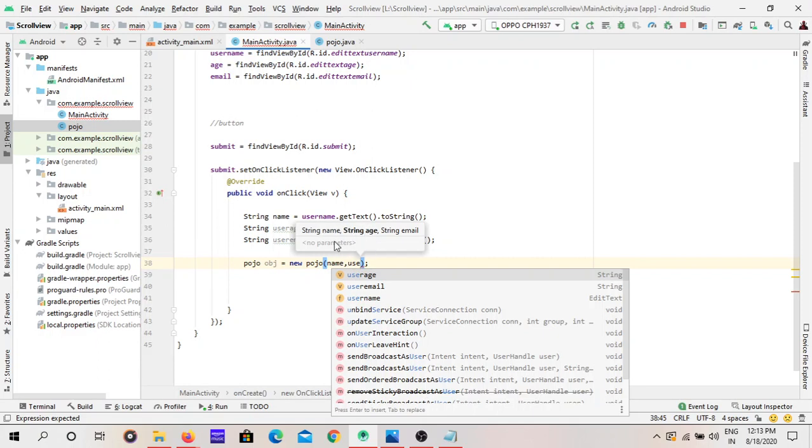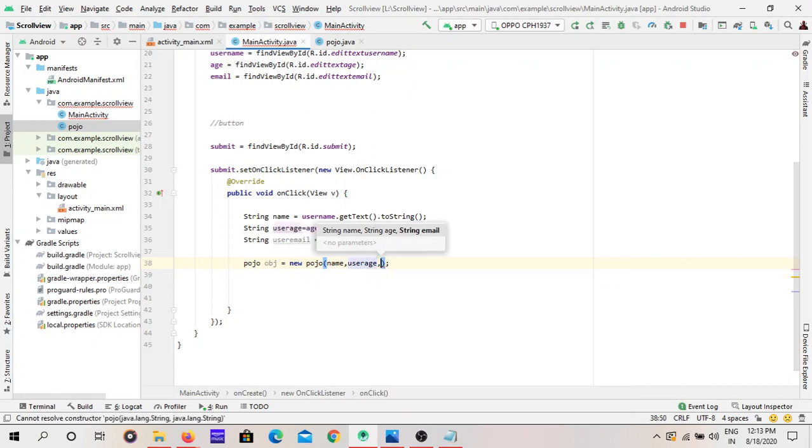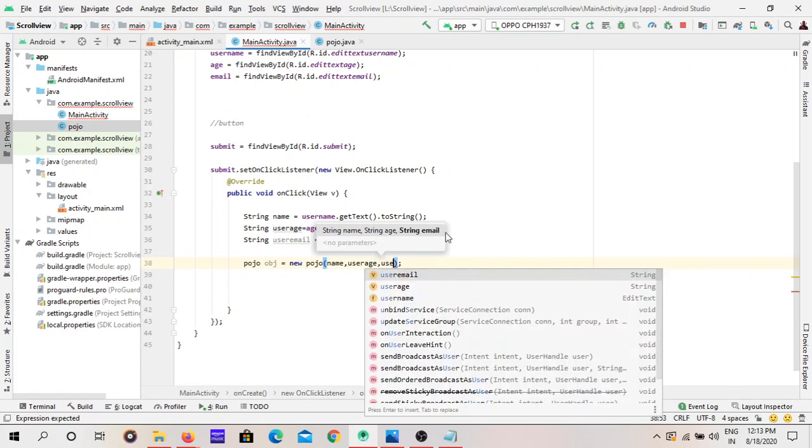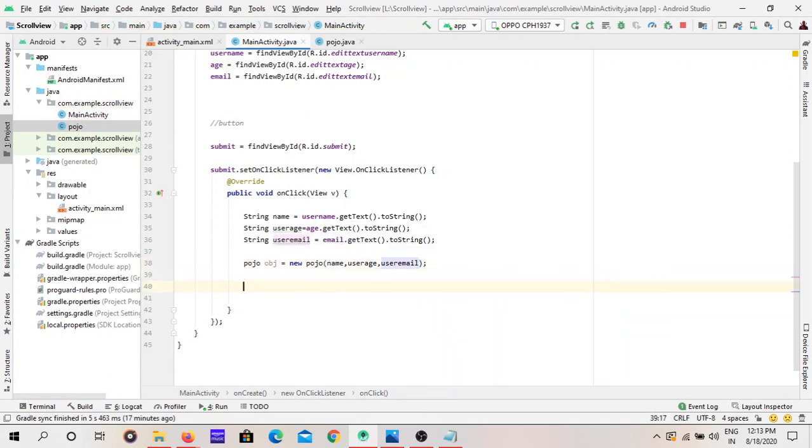The first parameter is name, then the user age, and the next parameter is the user email. Done. Now we created an object of the POJO class and we also passed the parameters to that class.